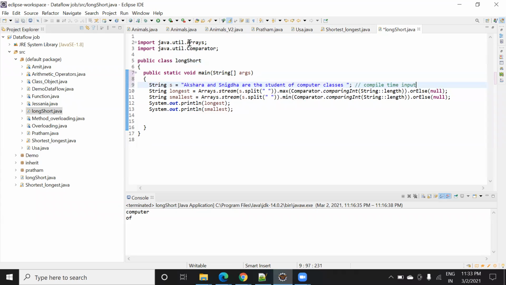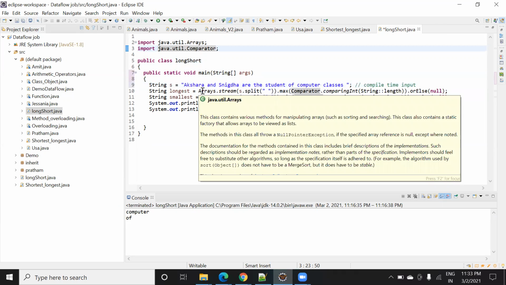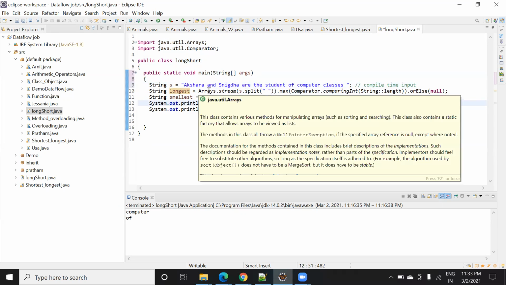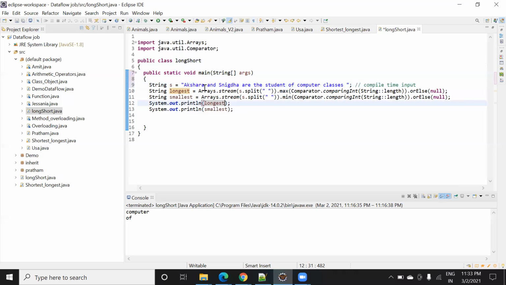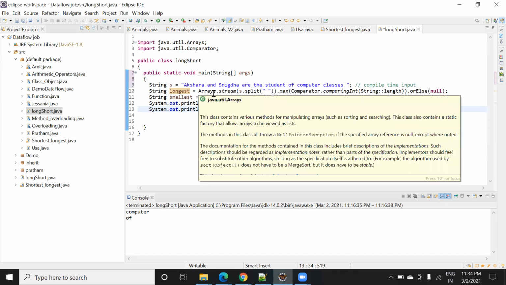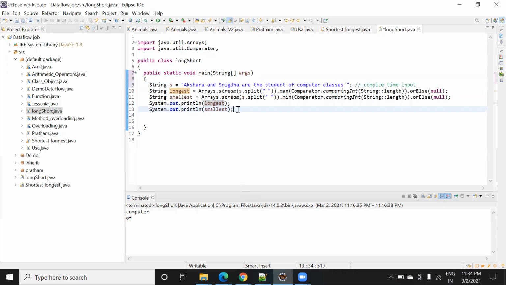The reason I have used the Arrays and Comparator libraries here: Arrays is a library that, when you add it to a program, will read your string or any variable in the form of an array. Here it will read the whole sentence, this string, in the form of an array. You might be aware that an array is a group of homogeneous data.